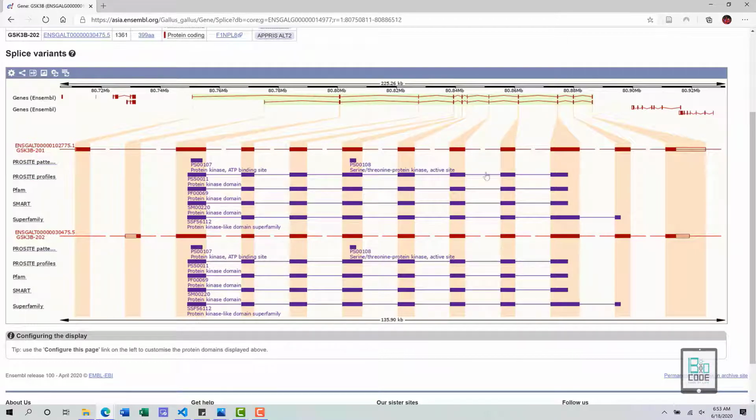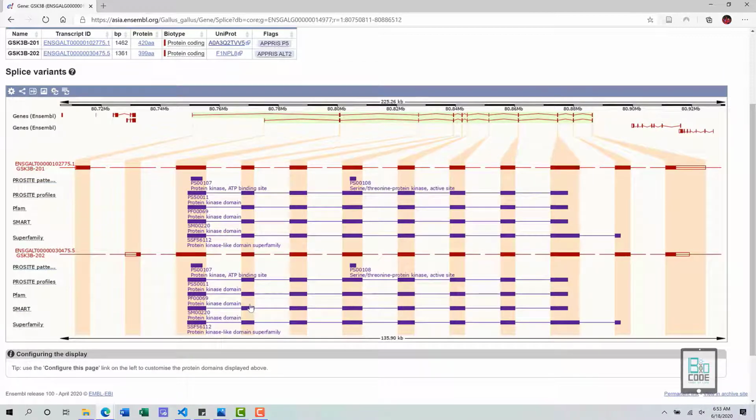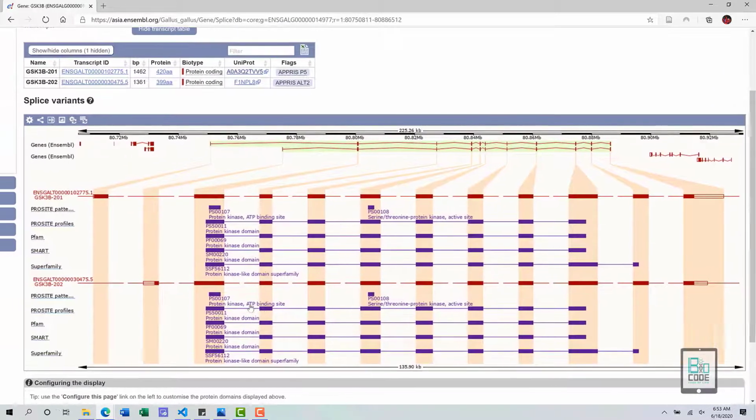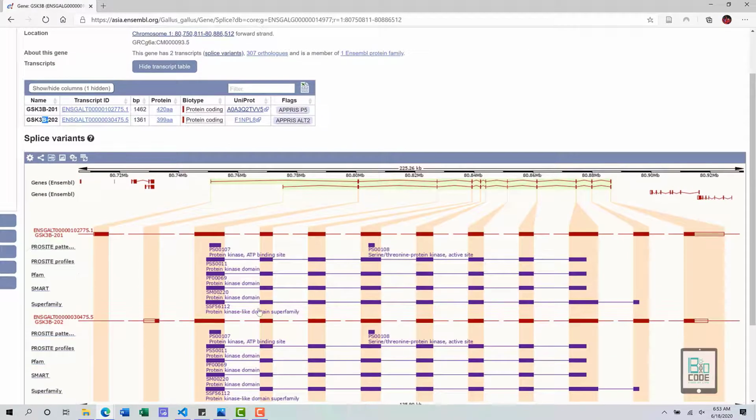But some databases have other information available, such as the ATP binding site, the kinase domain, and the superfamily domain. So this is very useful, and you can ascertain this from over here: 201, 202. This is the information of 201, and then we have the 202 information, but this is transcript-wise information.